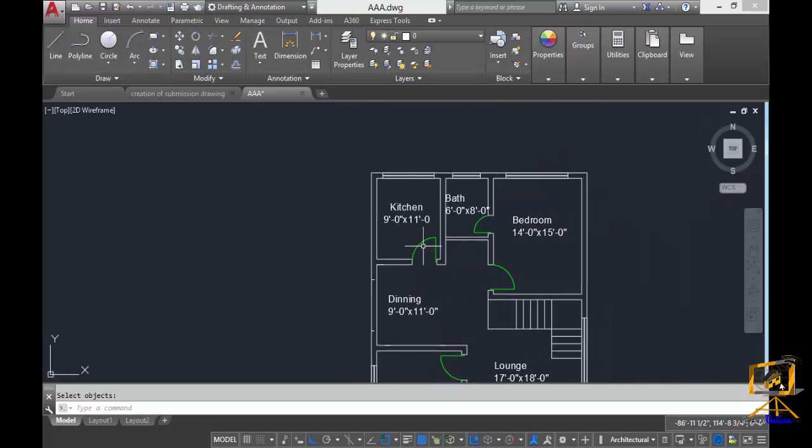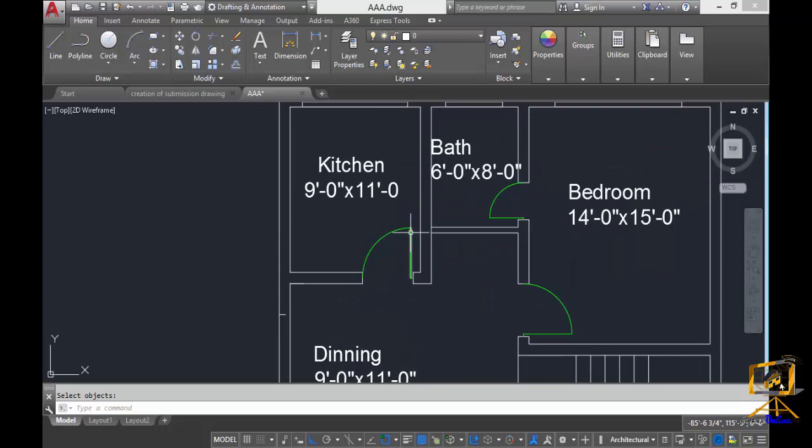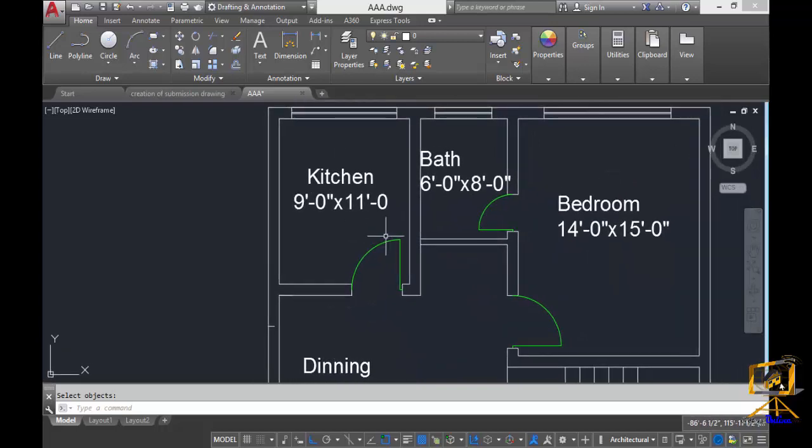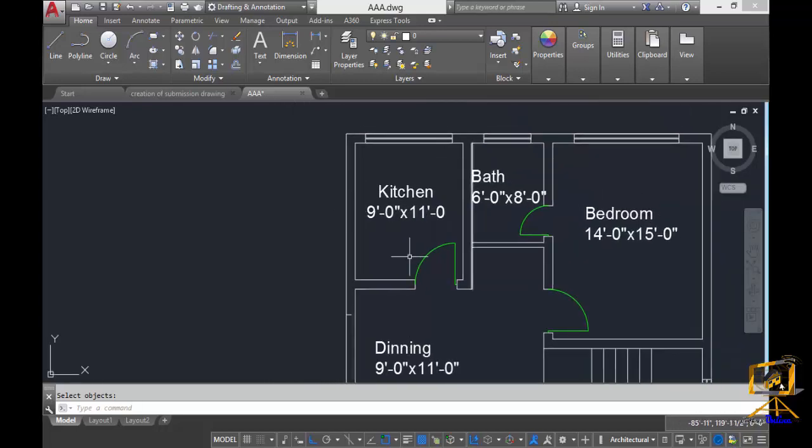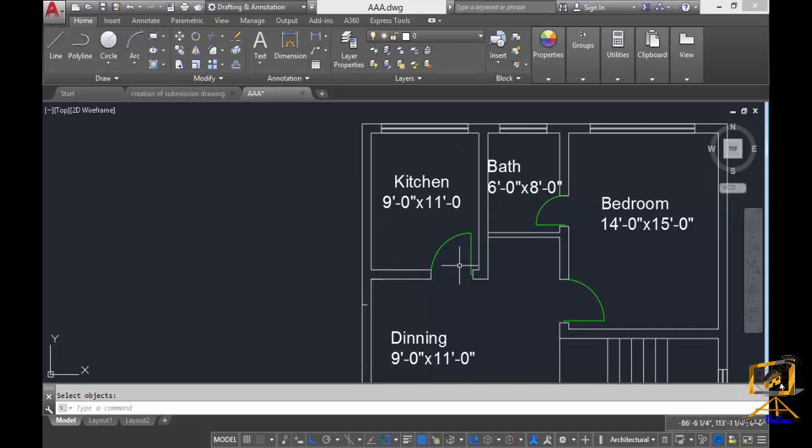So now I'm going to implement this stretch command on this plan. In this situation, I want this kitchen to be stretched, or the space in this plan for a kitchen area needs to be 12 feet. So for that I will type S